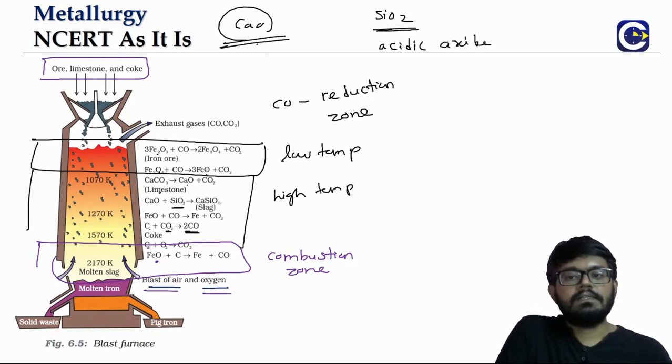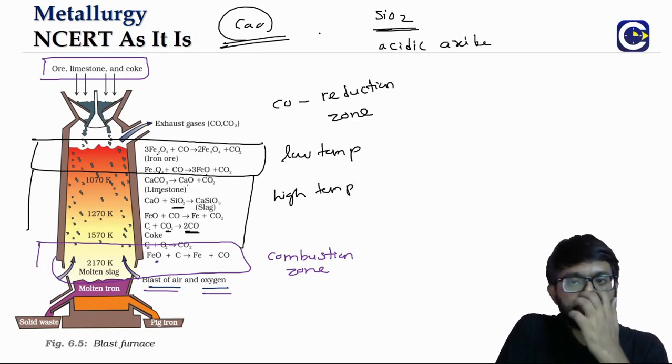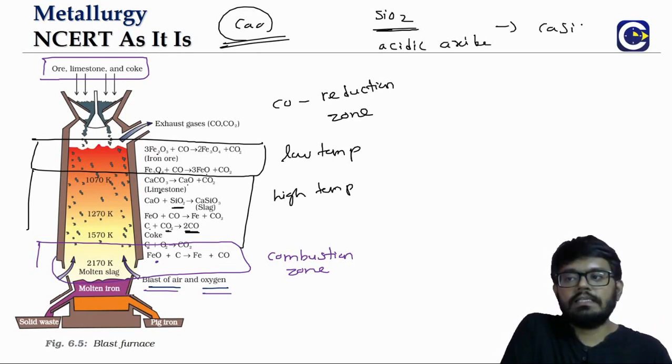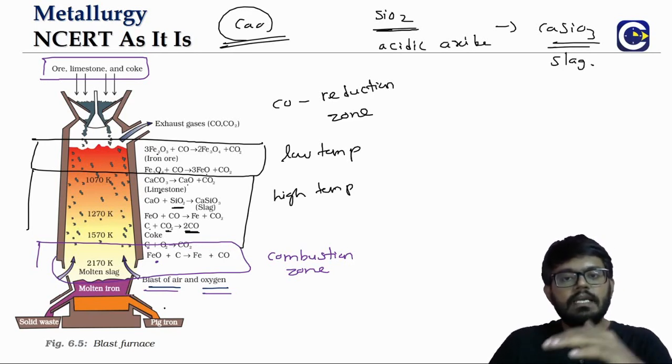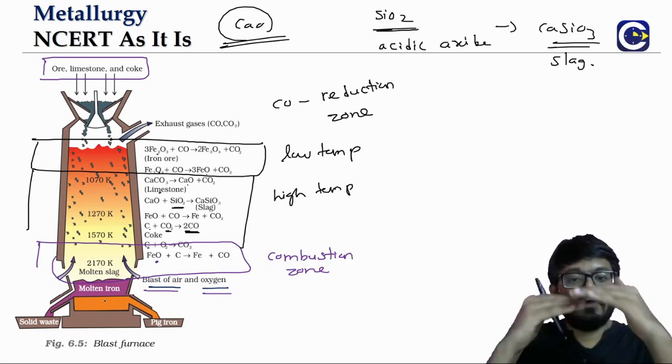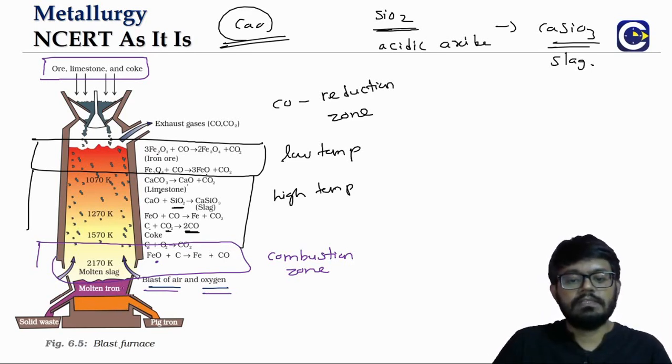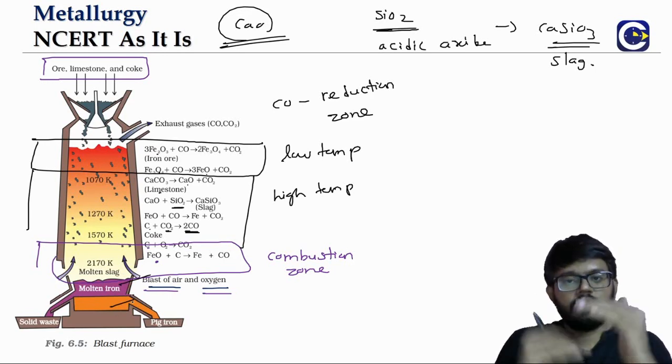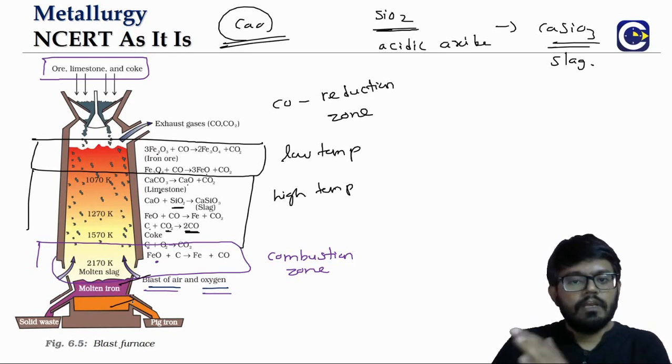So this substance which is able to react with acidic oxides, and it is forming what? Calcium silicate, which we will be referring to as slag, because it will be getting formed in the molten state, which will be clearly different from the properties of the molten metal. You can see here the molten metal and the slag, right, they will form clearly separate layers at the bottom, and because of the difference in density, we will be able to clearly remove that.